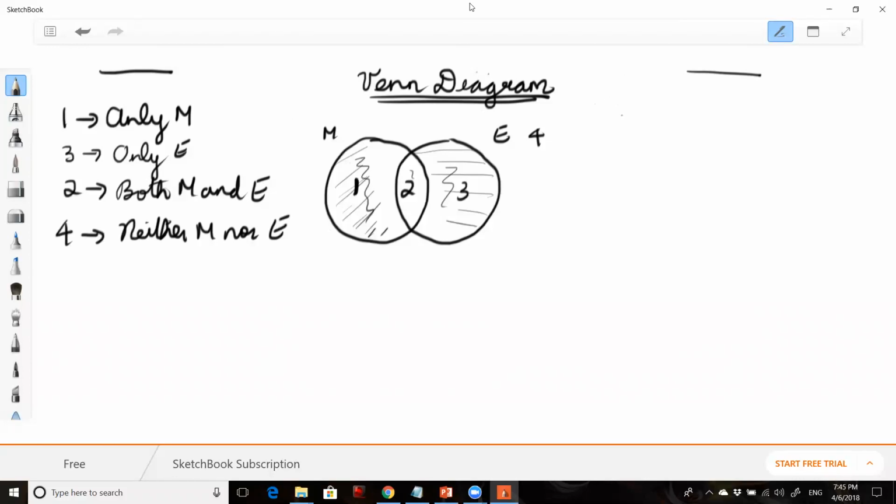Now the reverse is the trickier aspect. And the reason I'm dealing with this first understanding of the regions is that it will help you solve the Venn diagram. Okay, the understanding